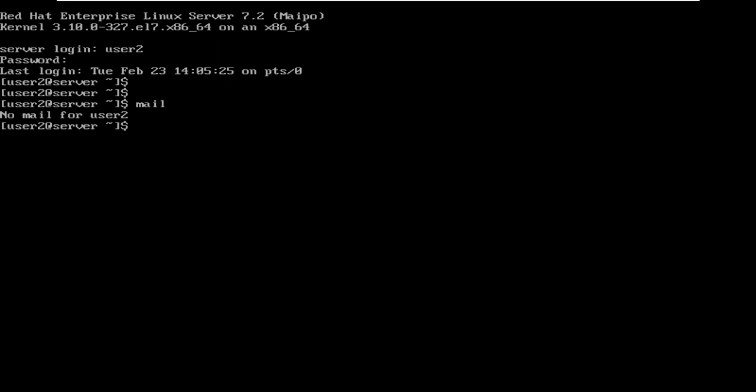Now user1 is logged in here, user2 is logged in here. Now user1 will try to send mail to user2. So again I can use this mail command. Remember, this command is not related to our postfix. This is the mail client, and it is already installed. So I want to send mail to user2. Mail user2.